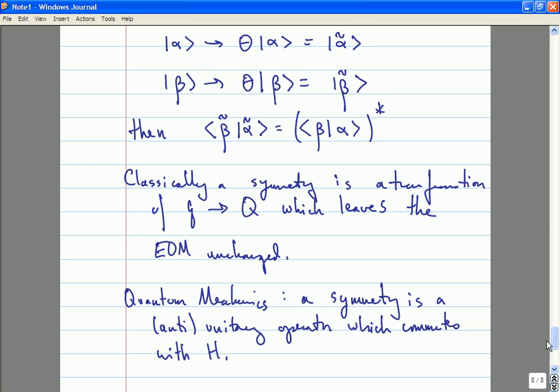So if you have a quantum mechanical system with a Hilbert space, then it behooves you to investigate the possible unitary operators and anti-unitary operators that one can construct which commute with the Hamiltonian. Because doing so will always make your life easier, because that will tell you the symmetries which will help you in solving that problem and in understanding the dynamics of that system.